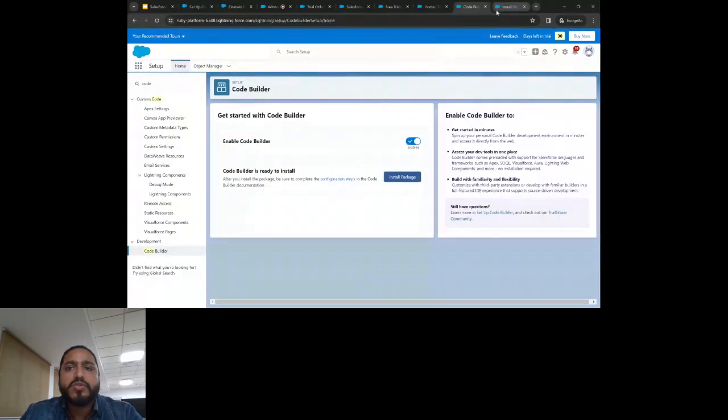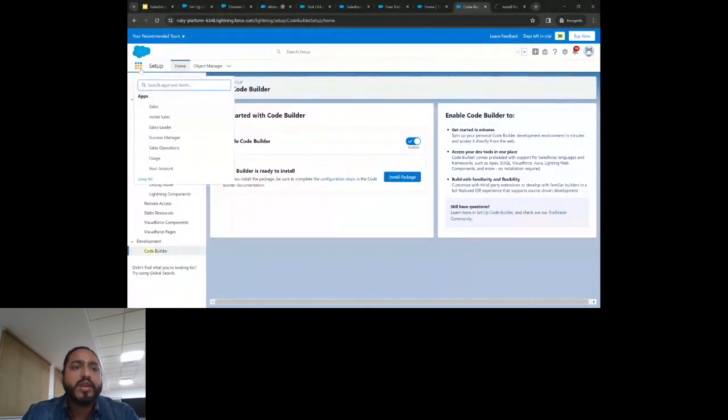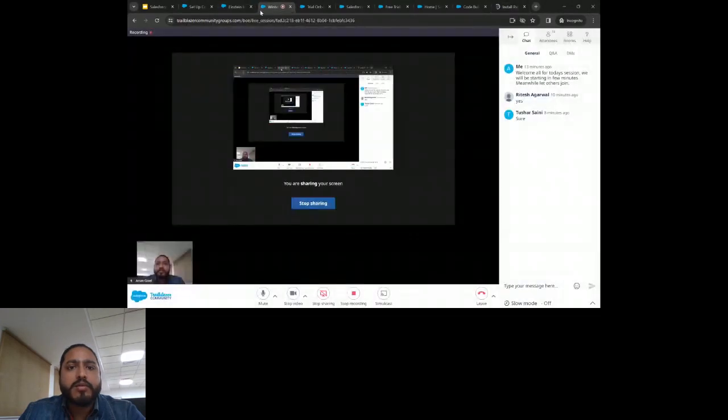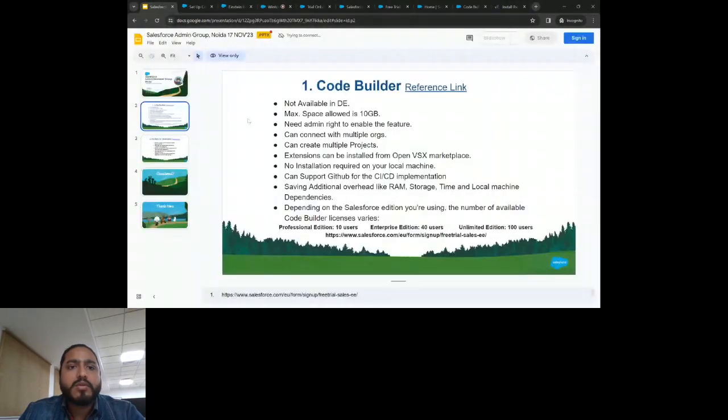After it is installed, we will get a nice UI for Code Builder from here, and then we can open Code Builder right from the browser only. So let's wait until it is installed. Meanwhile,